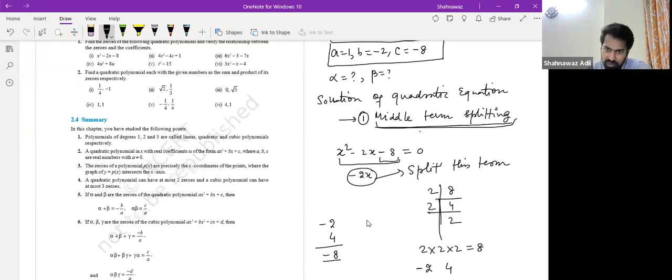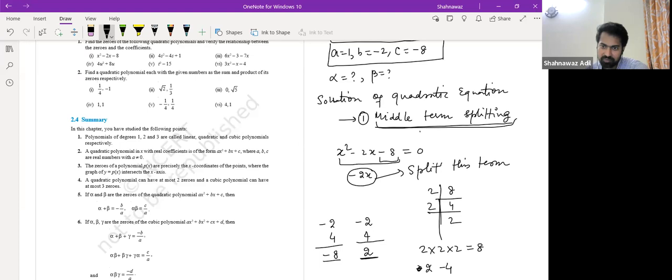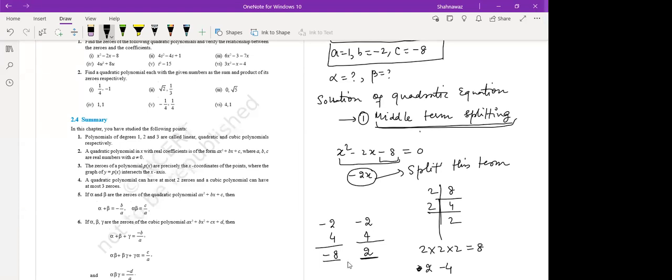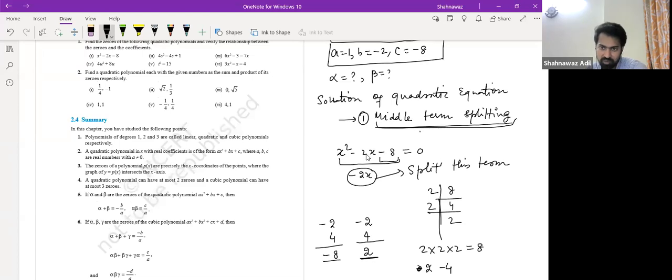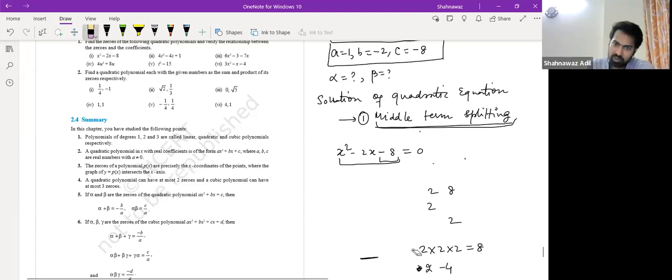But what about the addition? If I add, this would give me 2, right? But I have minus 2. So what should I take? I should take minus 4 and plus 2, right? So minus 4 plus 2 would give me minus 2, right? Yes. So the factors would be